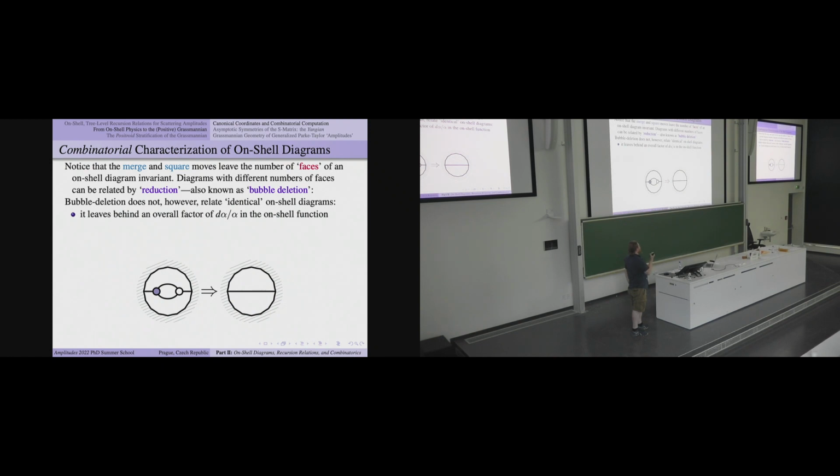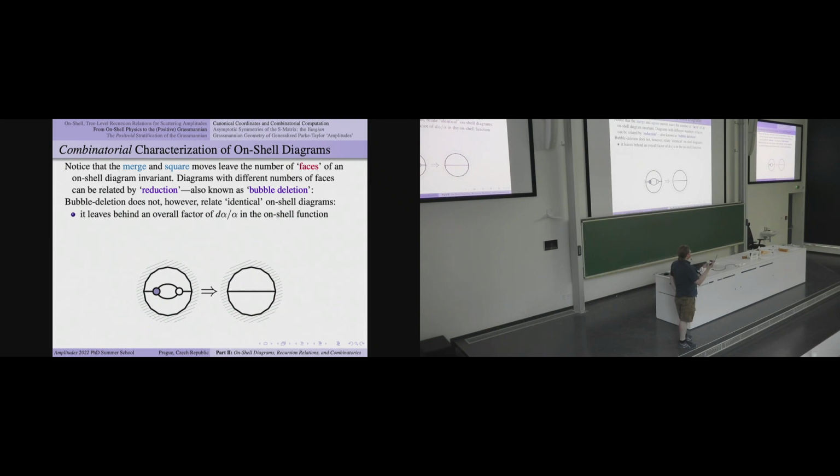So this is not a true identity because it's not saying that this on-shell function is equal to that on-shell function. It's this on-shell function is a trivial prefactor times this on-shell function. And bubble deletion now changes the number of faces in the graph. With bubble deletion and these square moves,